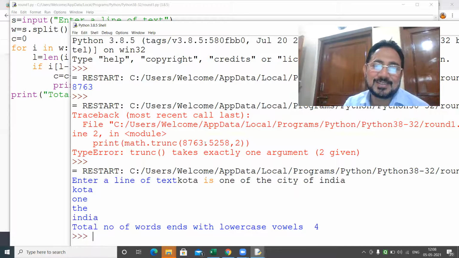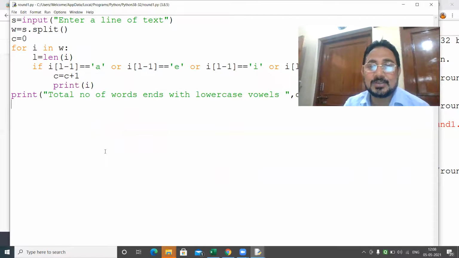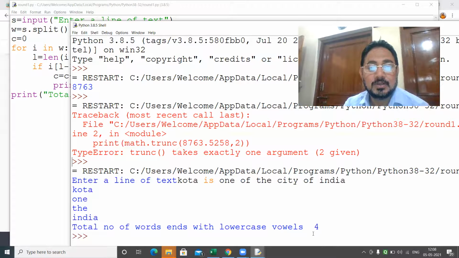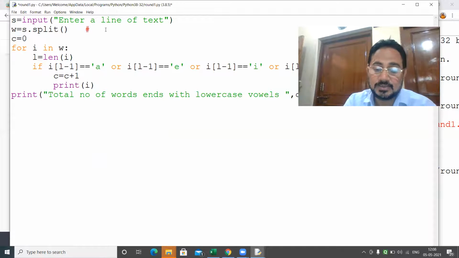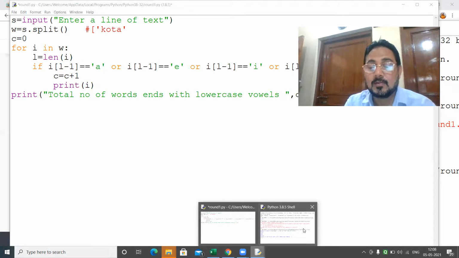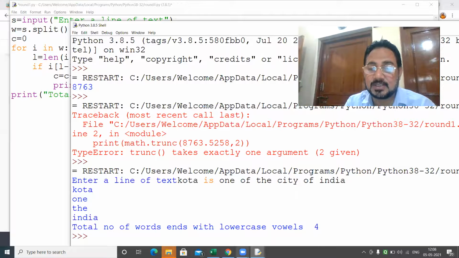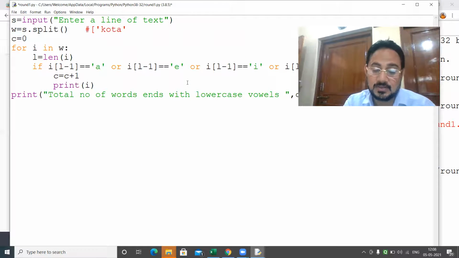Now I'll explain it more in case you find difficulty here. Suppose the string was Kota is one, which was split and stored in the list as Kota, is, one, and so on.